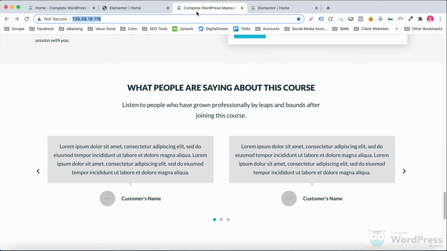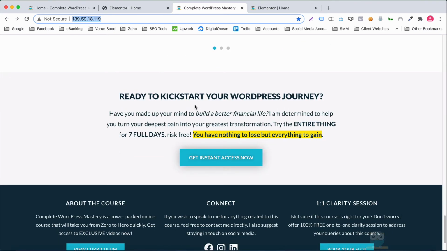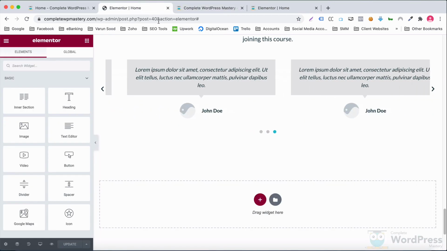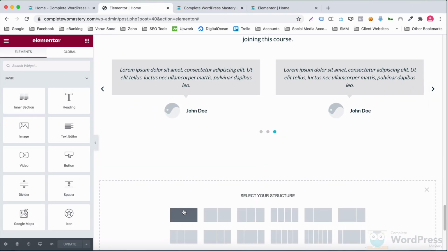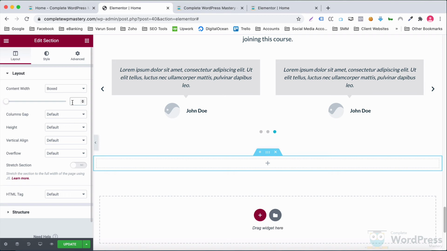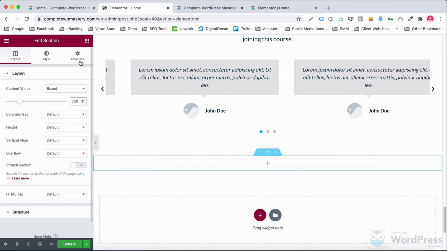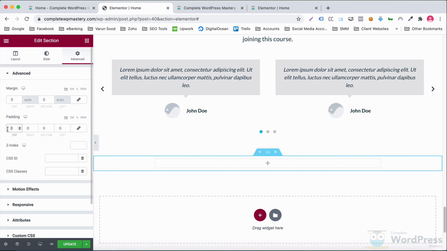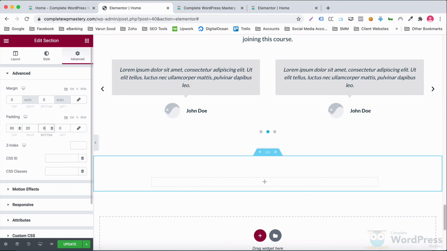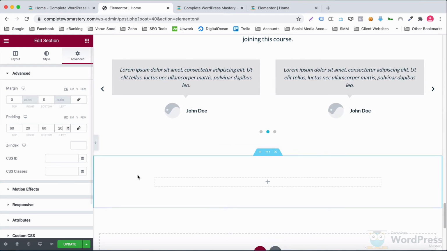The last section on this page is this CTA. Let's quickly create it. I'll add a section, set its content width to 750 pixels, margin to 0, and padding to 60-20-60-20.